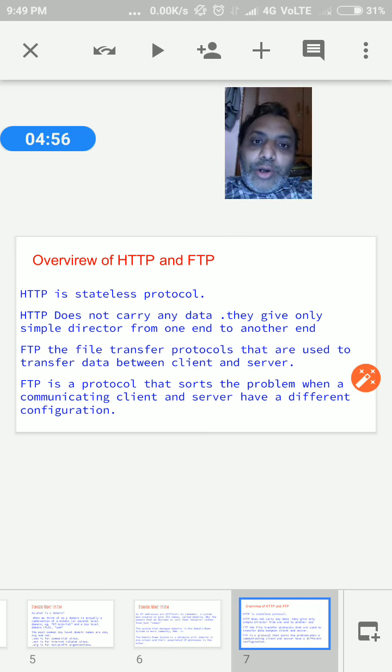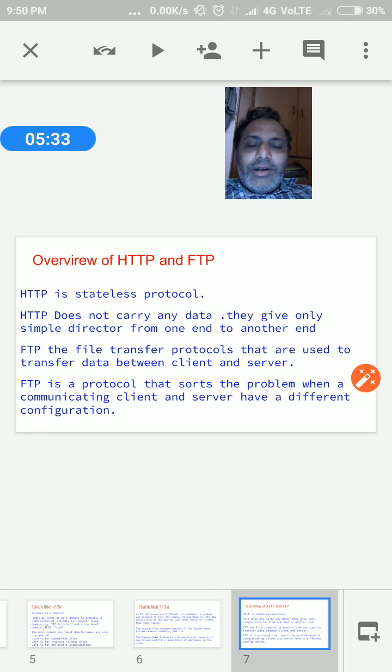So again, FTP is a protocol that solves the problem when the communicating client and server have different configurations. Using that, we can transfer a file from one end to another end and vice versa.